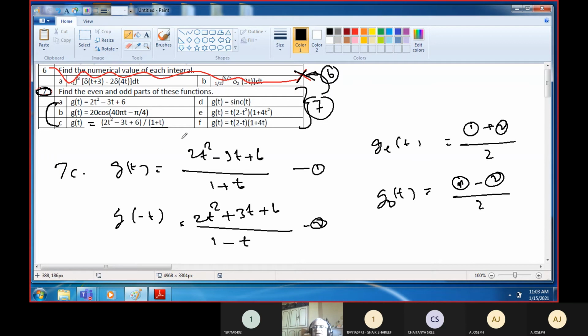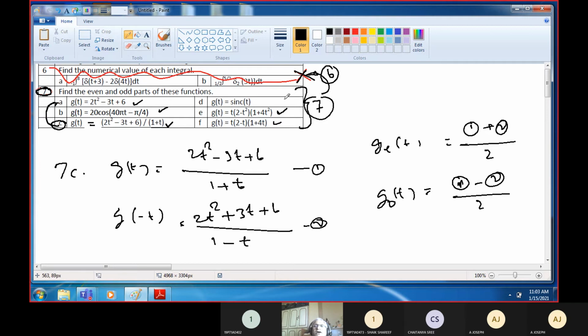Now to jump to a faster level, what you observe here is I have given C as an algebraic expression in t. You observe E and F. E and F are also algebraic expressions in these functions. So you look at these and you'll be able to very easily get the answers. A requires a trigonometric manipulation, but C, E and F you will be able to answer very easily. If you still have any problem, please let me know later.